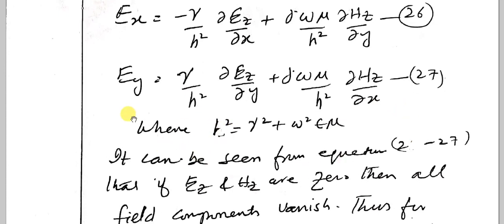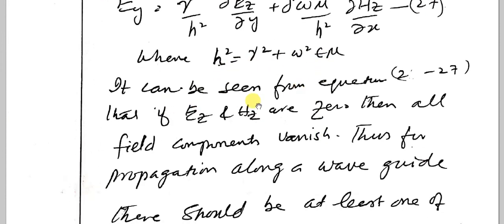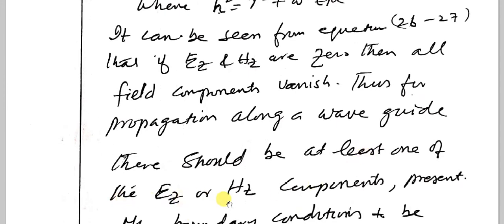h square is equal to gamma square plus omega square epsilon mu. It can be seen from equations 26 and 27 that if Ez and Hz are 0, then all the field components vanish. Thus, for propagation along a waveguide, there should be at least one of the Ez or Hz components present, so